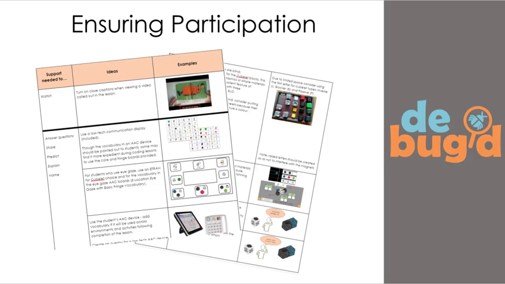Sometimes the strategies are called out in the lesson, and sometimes a bit more differentiation is required for a specific classroom profile. The Ensuring Participation document in the curriculum guide provides further ideas for a range of challenges such as explaining, watching and listening, or sorting. And finally, in the next slide, we'll sum up this video by showing you how all of the adapted resources fit into a classroom environment during coding